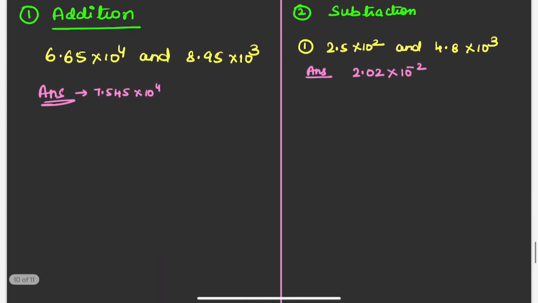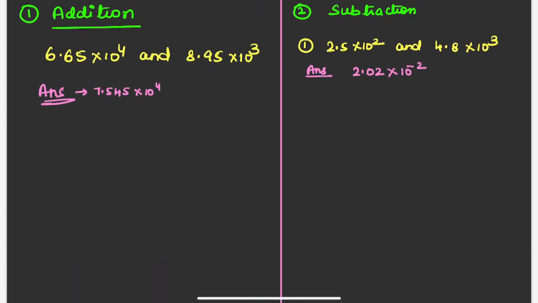So next we will go for addition. If a number is given like this, how to do addition? I have taken this from the NCERT textbook itself. So you can see the answer here. This is the answer given in the textbook. So let us solve this. You have to add these two numbers. First we will write stepwise. 6.65 into 10 to the power of 4